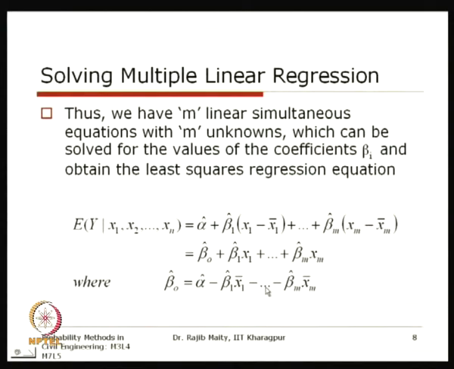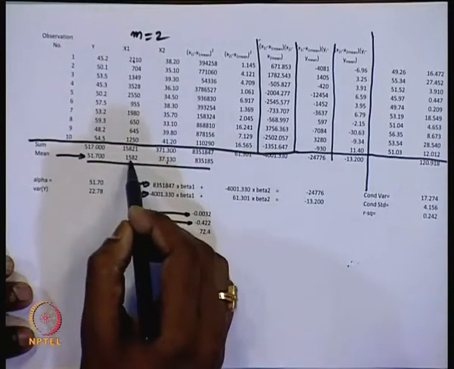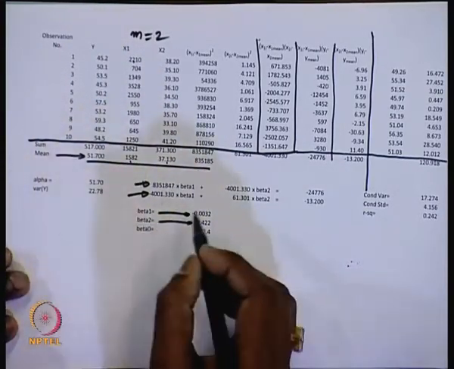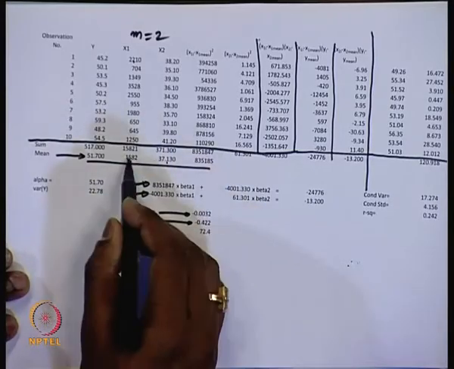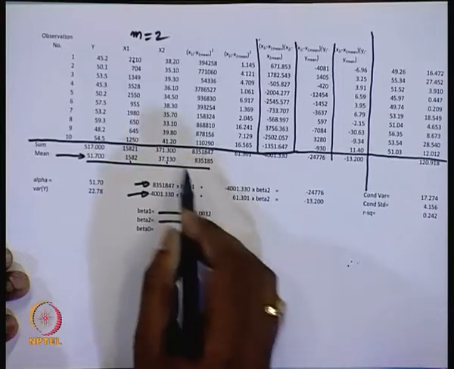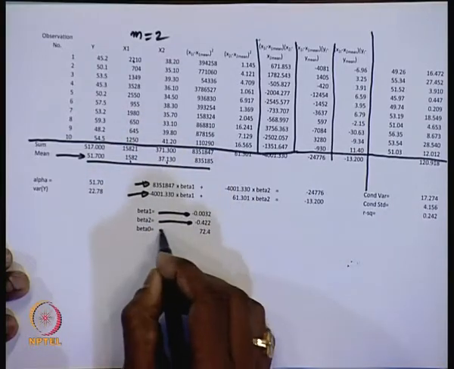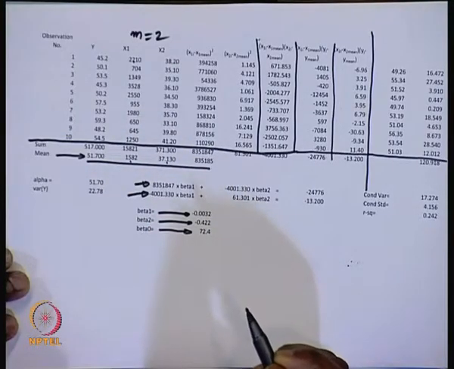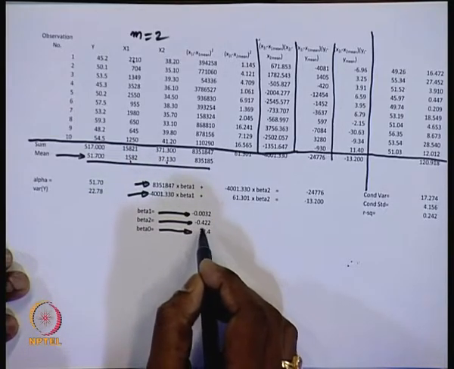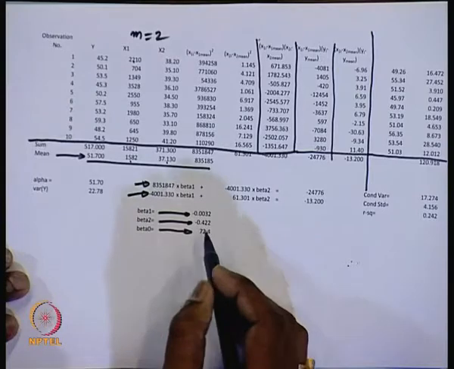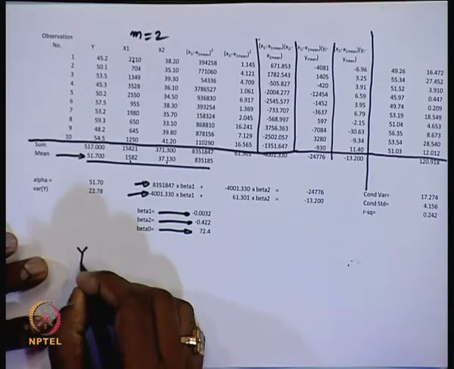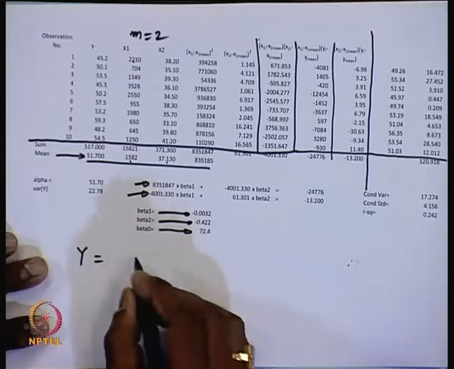So, if we use that, alpha minus beta 1 estimate multiplied by the mean of x1 minus beta 2 estimate into x2 bar, then we will get beta naught. Once we get these 3 pieces of information, beta naught, beta 1 and beta 2, we get the full expression like this, that y is equal to